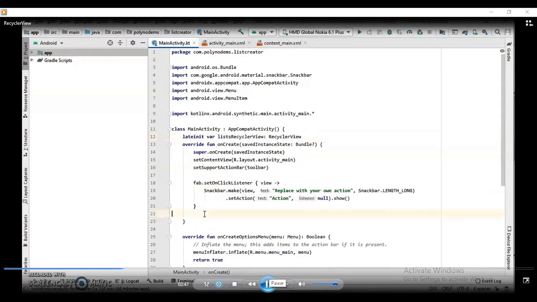Along with that, I will be adding some more lines of code. This property is declared before onCreate, and after the onCreate function, I will be adding a few more lines of code.